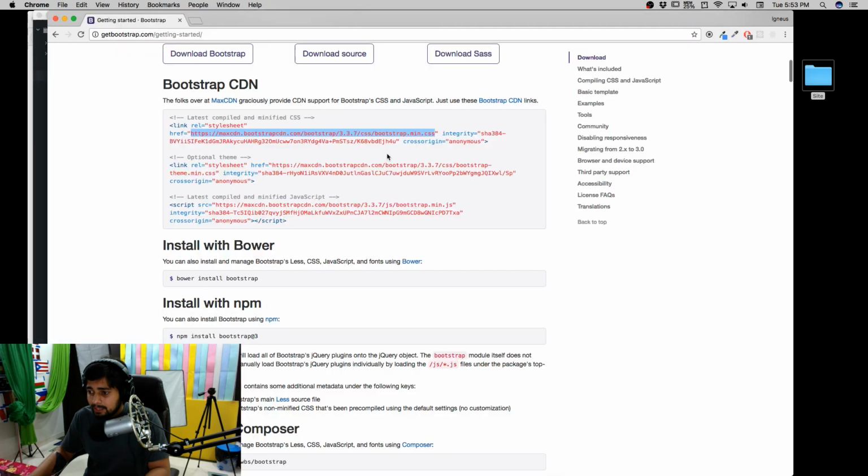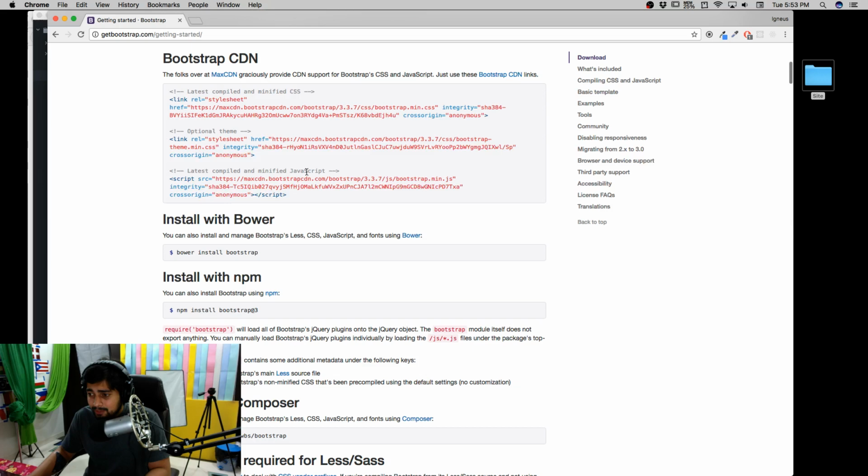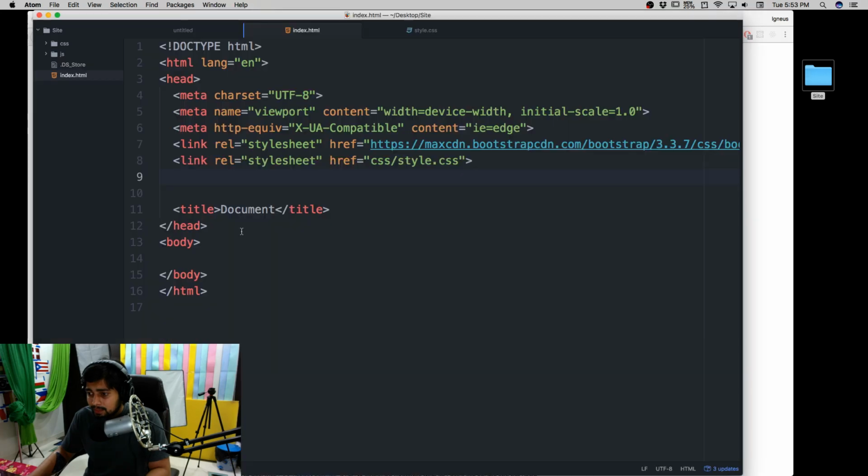So that is one thing that we have done. Now we need two more things. We need JavaScript as well, and in order to run this JavaScript, we need jQuery as well. Okay, so we don't need this optional theme. We'll need this minified JavaScript, so let's copy this, and this is going to be our script. Let's place this script just at the end of the body. You can place it after the body as well, no problem. I'll add a script and we'll add a source there. Okay, and there we go. Oops, did I forget to copy there?